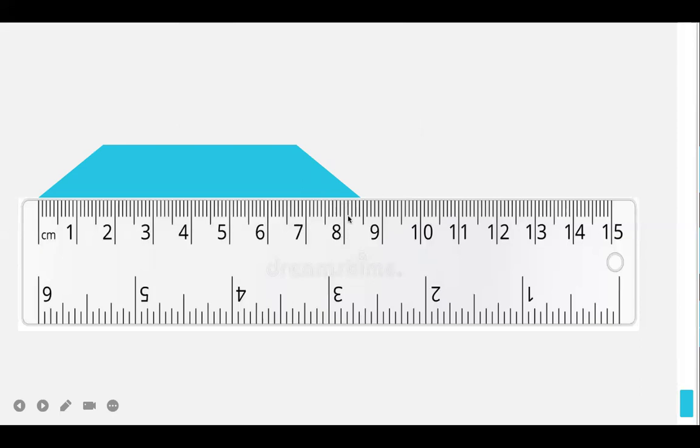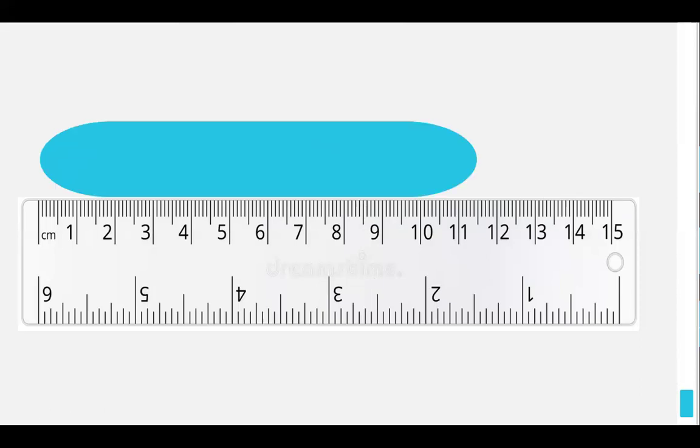Then you will count the lines. 1, 2, 3, 4, and this medium long line, that is 5. So what we write is 8, then 0.5 centimeter. So you will write the 8. Then if you count it, 1, 2, 3, 4, 5, that is 0.5 centimeter.